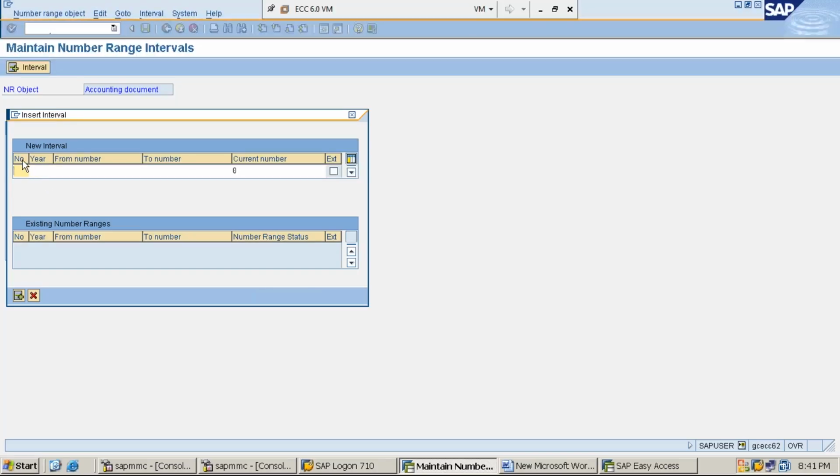Give the number. I told you to remember 01. So give here 01. Year 2019. Year 2019, then from number,